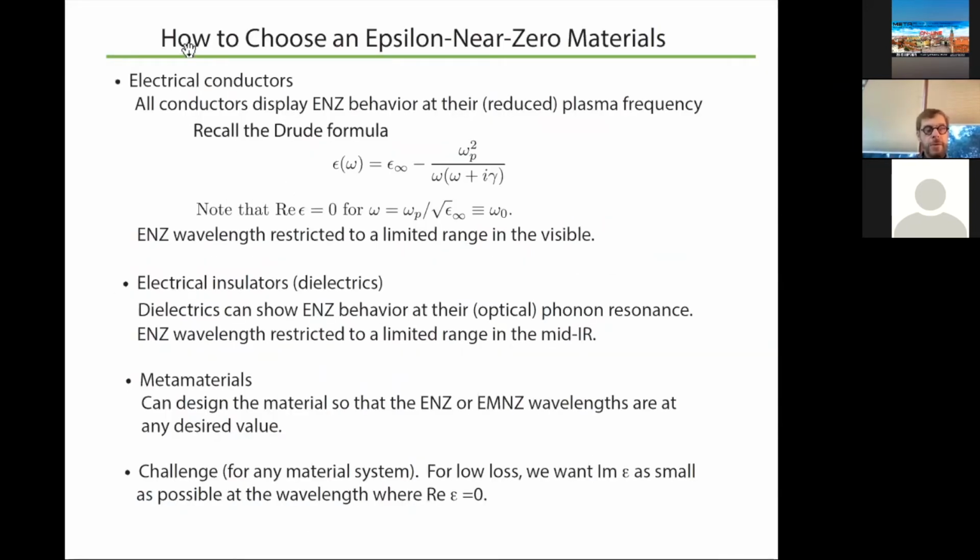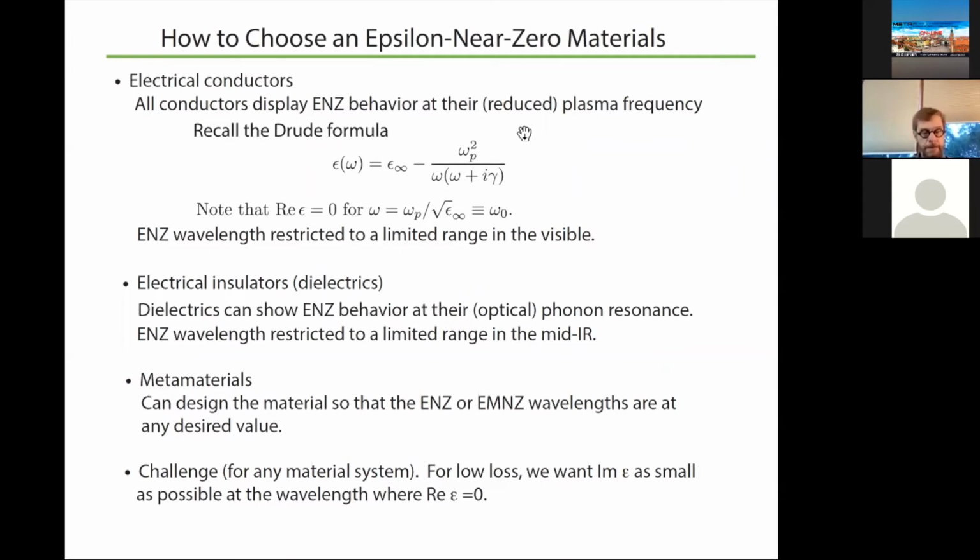Okay, so how do we choose an epsilon near 0 material? And I mean this at the conceptual level, at least for present. Well, what about an electrical conductor? All conductors display ENZ behavior at their plasma frequency. So I remind you of the Drude formula, and you can see by inspection that the real part of epsilon will vanish for a frequency that's equal to the plasma frequency divided by the square root of epsilon infinity. So this works well. In fact, much of the work that has been reported to date has made use of